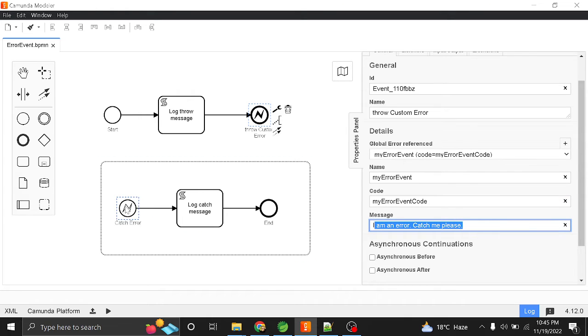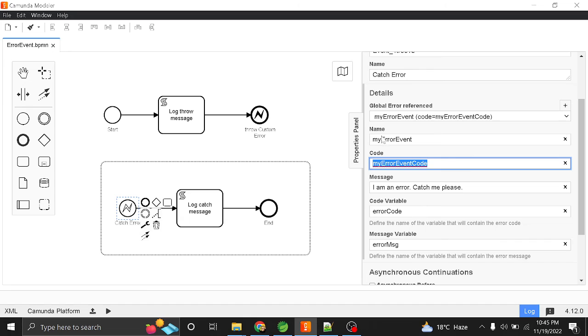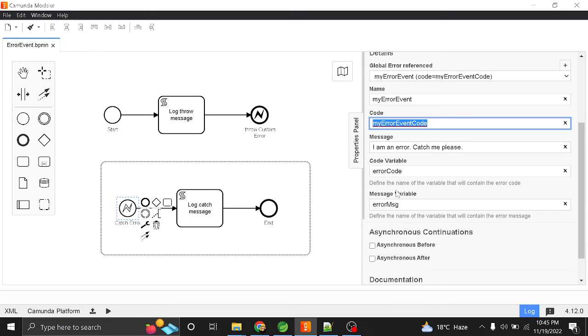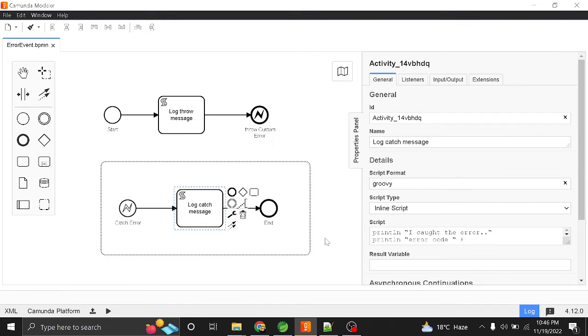Here we are going to catch this error, my error event and my error event code, and we need to map the error name and error code to some variable. We provide the values of error code and error message here, which will be present in the execution variable of this sub process, so we can access these variables here.